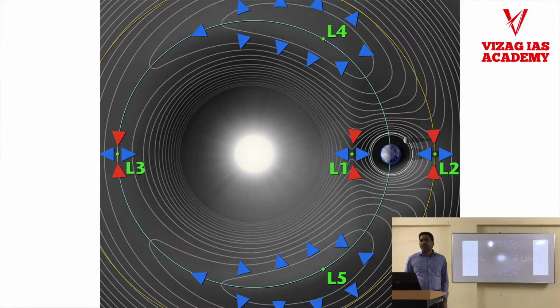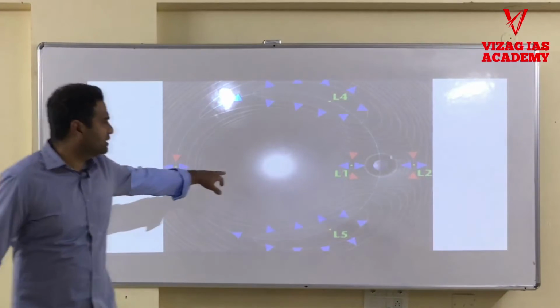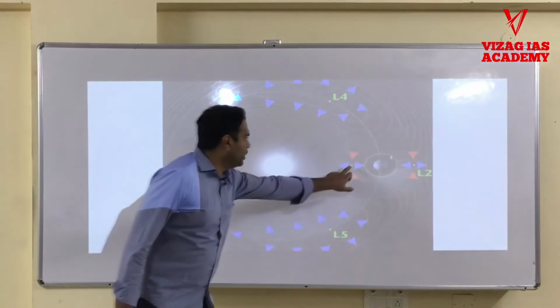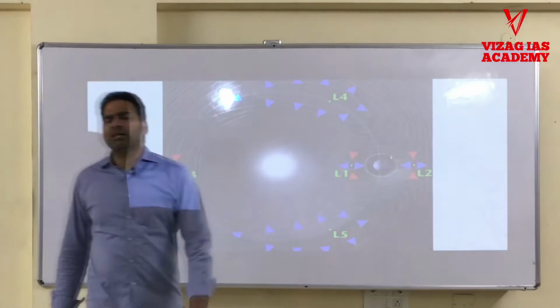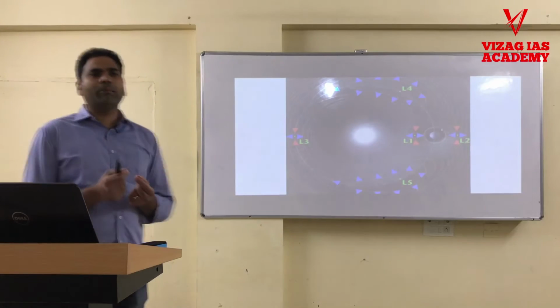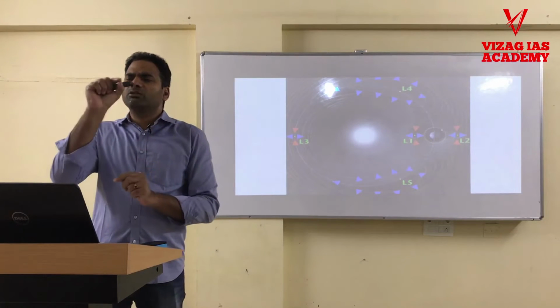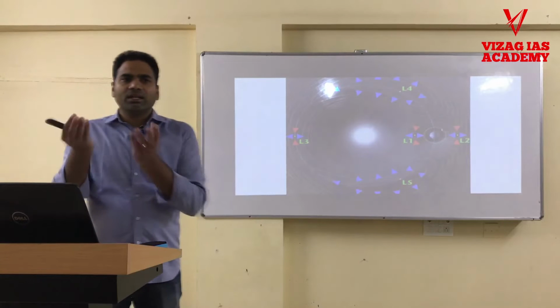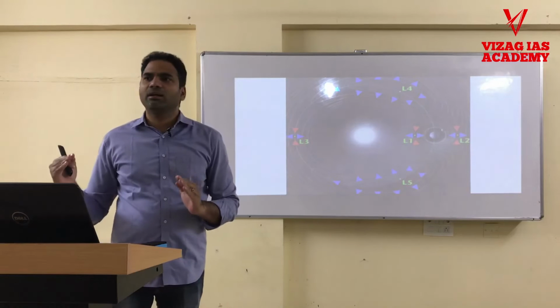See, these are force contours. Okay, this is how the force is acting. The center one is the Sun. The one you see in the white color is Sun, and this is the Earth. These 3 points are in line. L3, L1 and L2 are in line. If you see, they appear to be on top of a cliff. On top of a cliff, there is a small area which is flat. Okay, they are there, so they are stable and they are not falling this way or that way of the